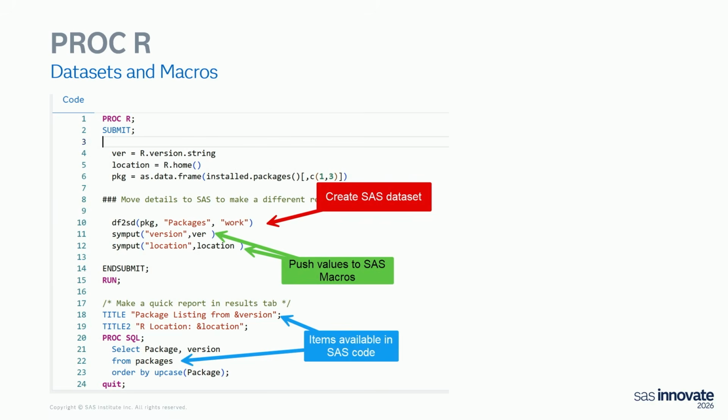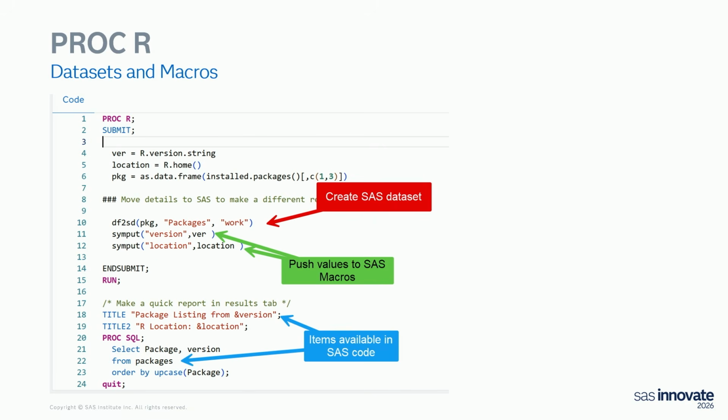So let's look at that in live action. Again, with proc R, you always have this wrapper code, proc R, with a submit statement and submit run. Everything inside lines 4 through 12 is R code. It's really weird to say "R code", make it not sound like it's a possessive. It's R. See, hear me saying capital R when I say that.